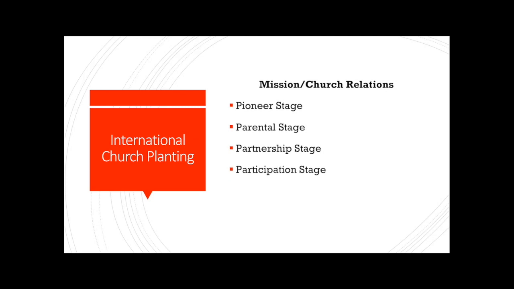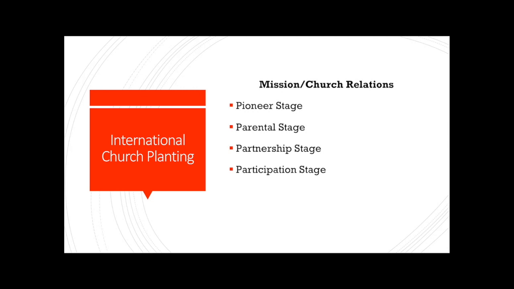And then finally, there is the participation stage, when missionaries are serving under the direction of the national church and doing what they are asked to do by those who are leading the national convention or the church among the people group. Some people would say at this point the role of the missionary is no longer apostolic. They're no longer going out and starting new work. Some have said that at this point the missionary participation needs to cease to exist, and the missionary needs to go to a new place where they can be in the pioneer stage role.